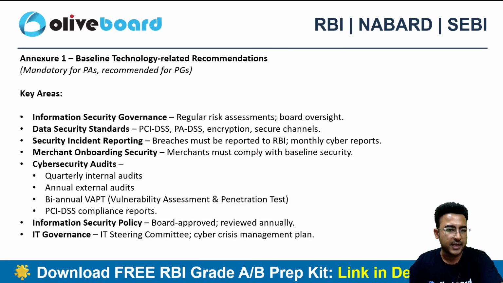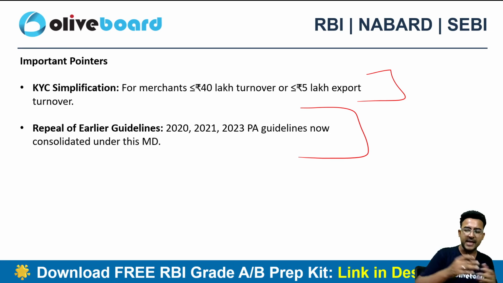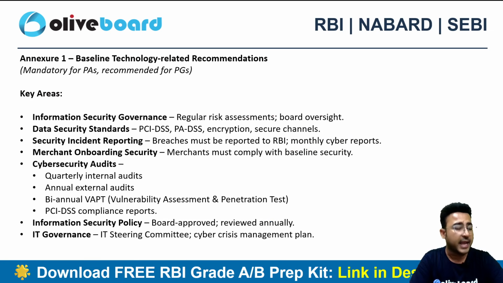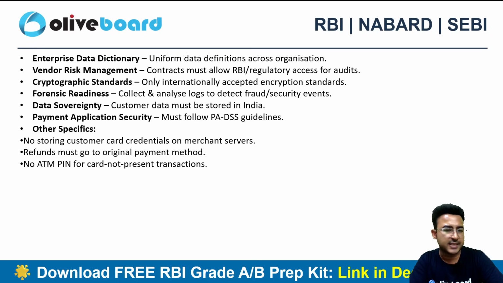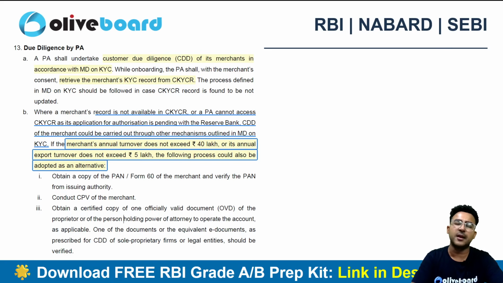So definitely if you are going ahead with exam oriented preparation, I will advise you to first read the crux of the circular by reading the timelines and the limit specific things, right? And once you are done with that, you can go to the procedure part as well. I have summarized the annexure part as well, there are 2 annexures here. But first I will advise you to please go with the limits before going to the procedural part. The procedural part is very, very simple. You can definitely have a quick reading, but first try to cover limits.